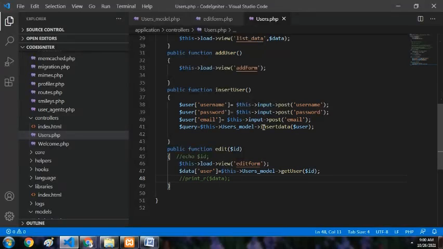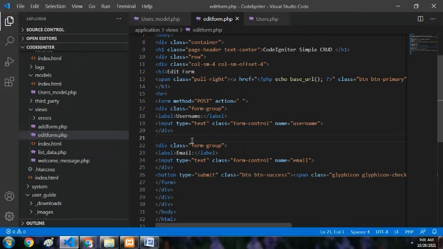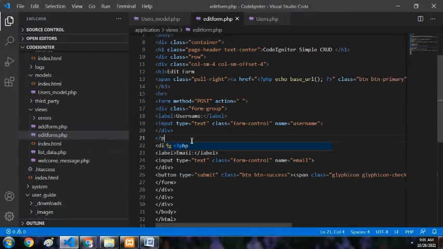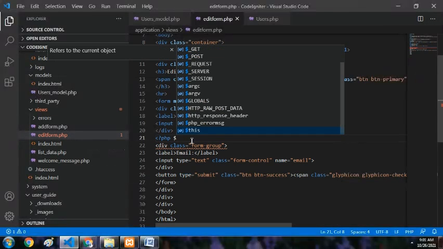I'm just commenting this out, and we have to send the data to the view for populating the edit form. Sorry, the edit form is already there. I have to just add the data and send the data like this. So I can write it below, comma data. So we will get the data. Not the data, the dollar user in the view file.